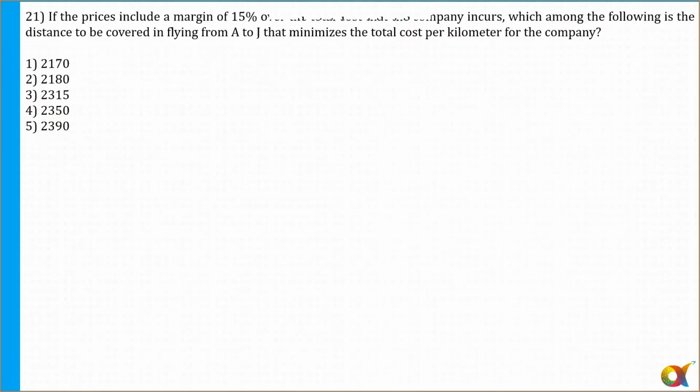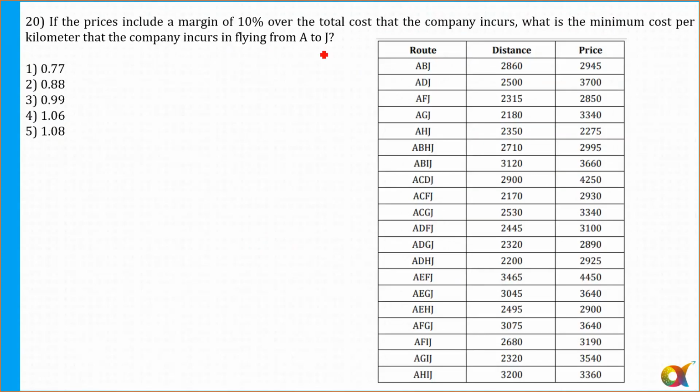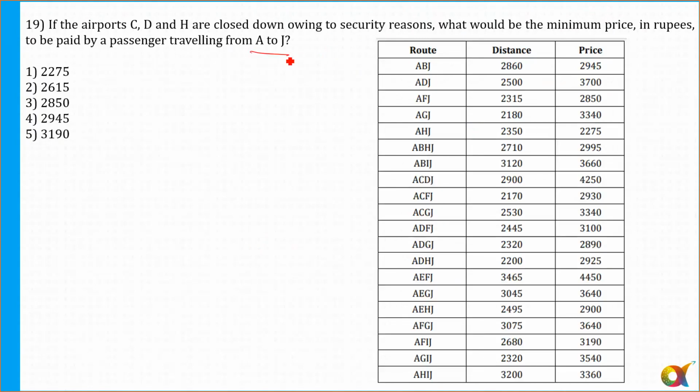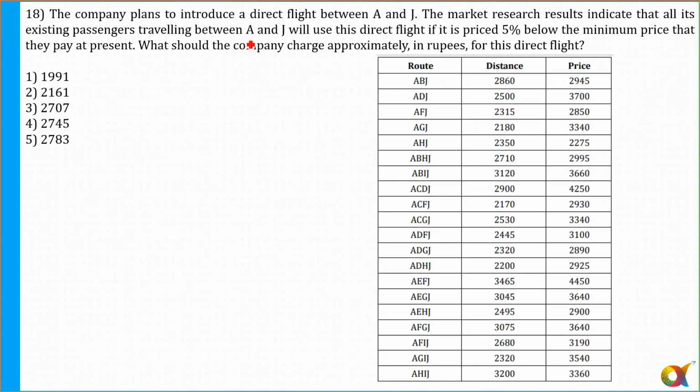You can see that. Okay? Here A to J. Here also A to J. Here also A to J. In this question also, 18 also, it is A and J. So if I make this table, maybe it might take some time, but then after that you'll get the answer. That's right. But again, still it is very, very time consuming, writing all these values. So let's solve it now.